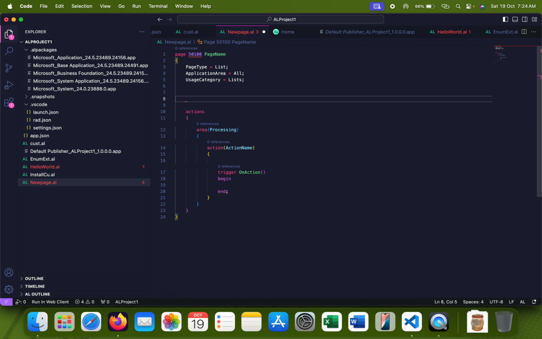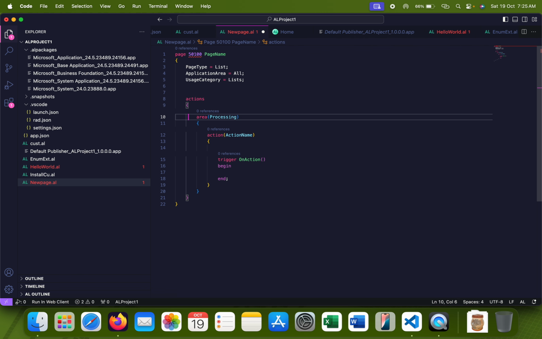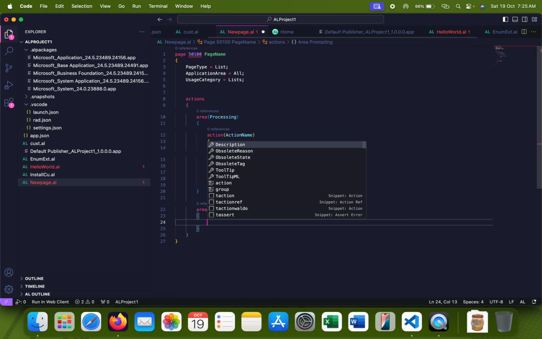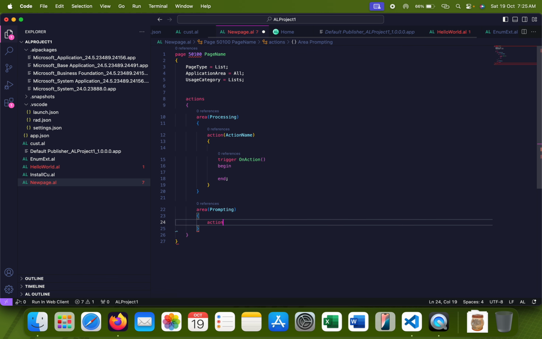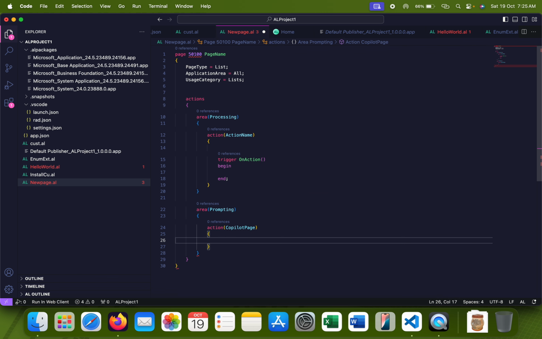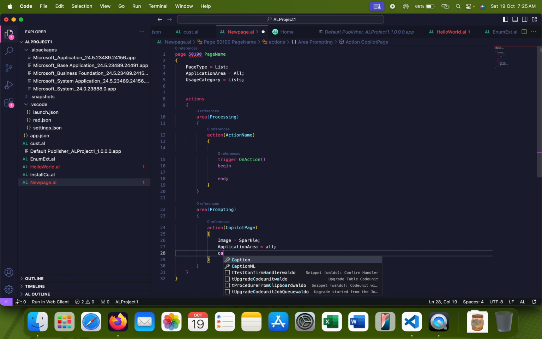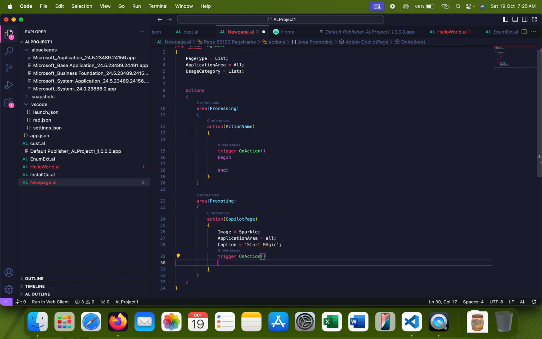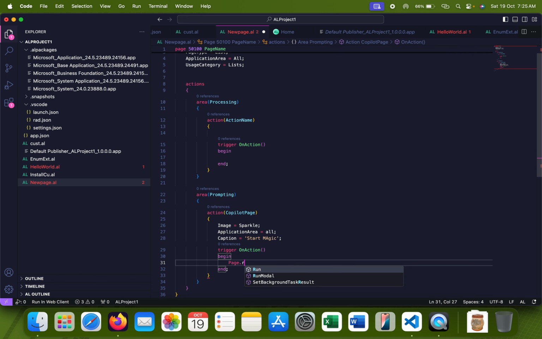the actions, right? So if you see here actions, by default the processing area is showing up, but if I want, I can select another area, and this time I can select prompting here, and then I can select action, and then Copilot page, which is again the same thing, that you can add image as sparkle, application area as all, and caption as start magic, and trigger on action, begin end, page dot run, page